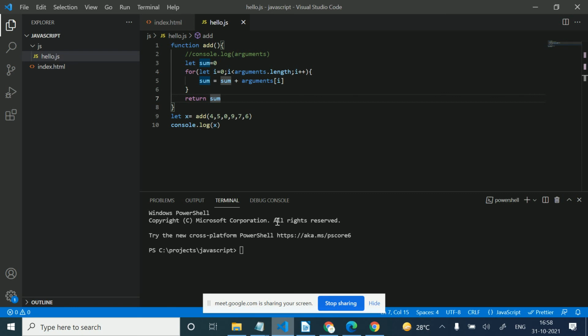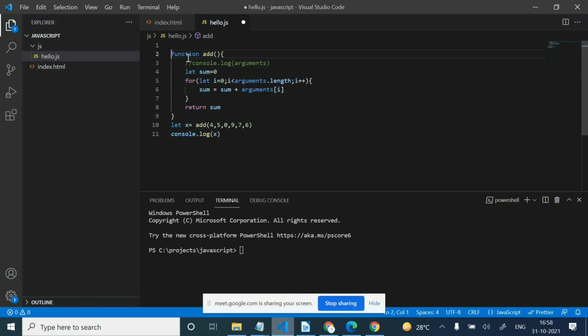Okay, so there are global variables and local variables. Like we have let b equal to 10. So let b equal to 10 is a global variable, and let sum equal to 0 is a local variable.